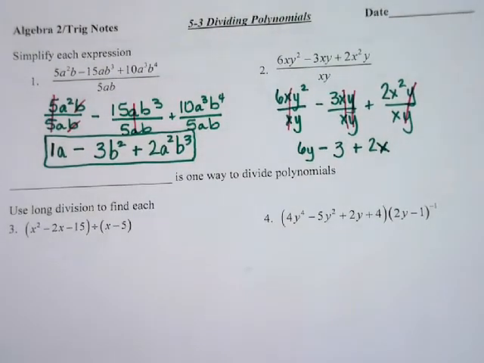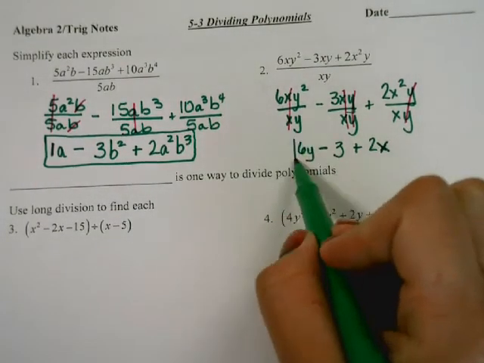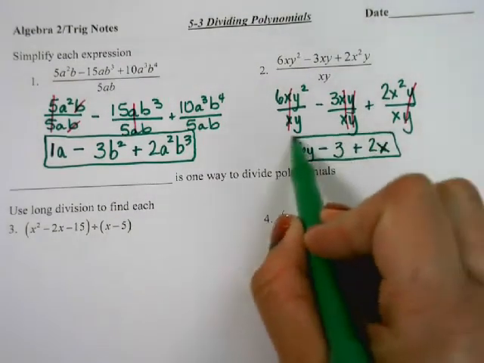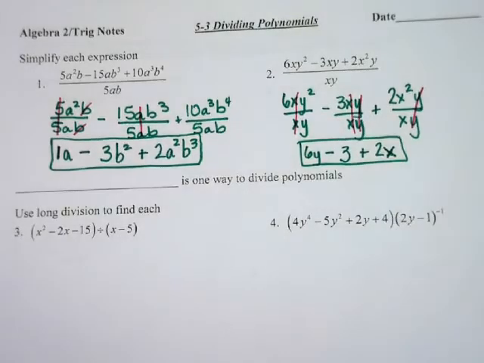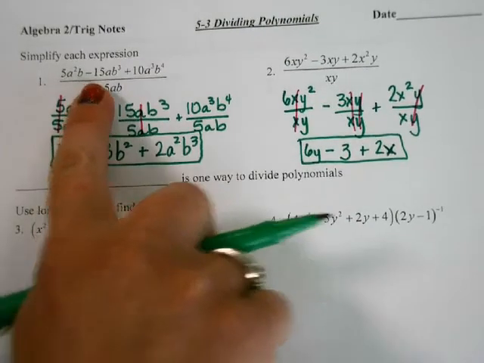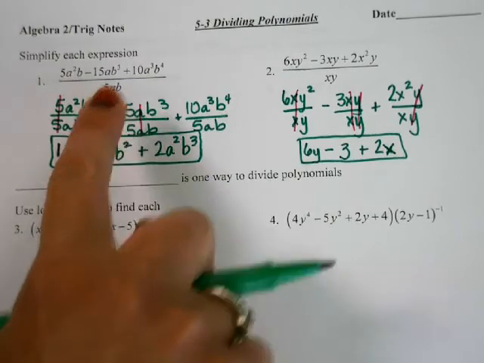Did you end up with 6y minus 3 plus 2x? Yeah. Perfect. Does it matter what order we write that in? No, it certainly doesn't. Remember, addition and subtraction are commutative, so you can add them and subtract them in any order. Okay? Alright, so we took a trinomial or a polynomial and divided by a monomial and we could just separate it,